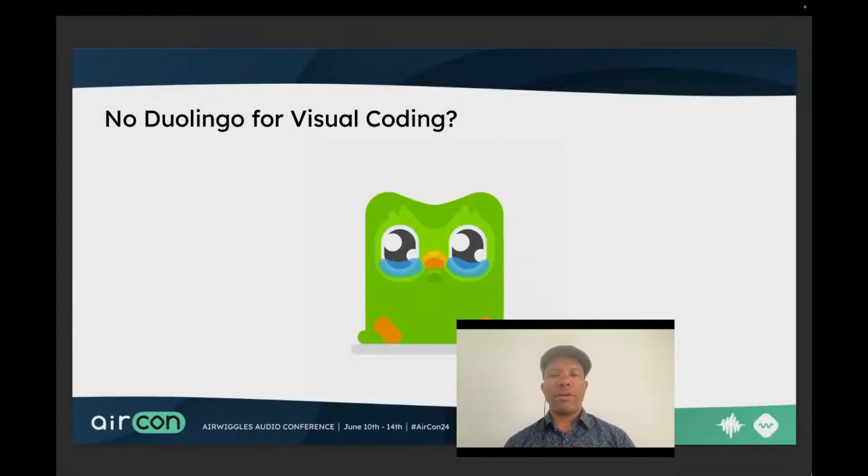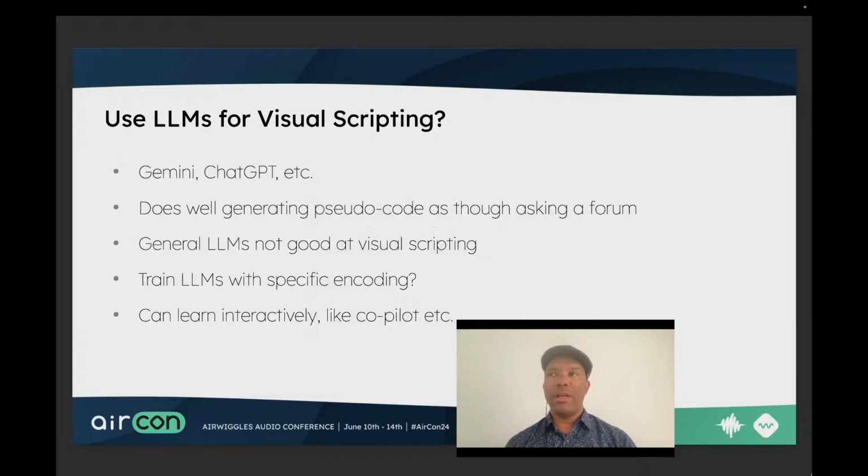Okay, nice. So as we're working on this, you can look at it and think, oh my gosh, that's so many boxes and wires, and it would be great if there was a Duolingo for visual coding. The way I see it, it's kind of a language, but there isn't really one. What I tried to do was use large language models